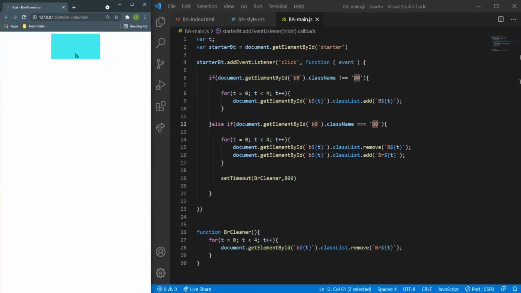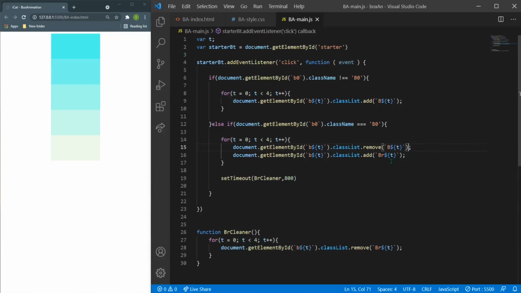So, and else if the class, there is a class on click. So right now the classes aren't there. If I click here, the classes are now active. So now if the class is already there like this, what will happen if I click again? It removes it. So for removing it, you can use this. It can take the ID from 0 to 4 like that with the for loop, and then classList.remove. You remove the corresponding B classes,